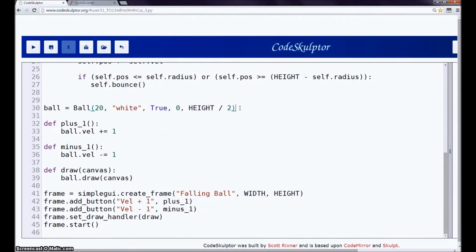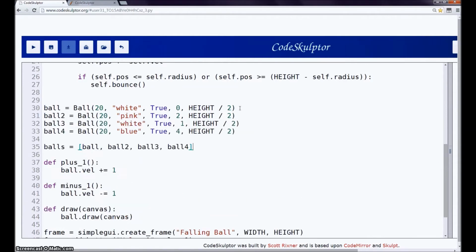Anyways, like I said, the real power in this is if you have a lot of balls. So here I've got 4 balls. Each of them is a different color. Each of them has a different initial velocity, but they all have the same initial position. And then I stored them all in this list,